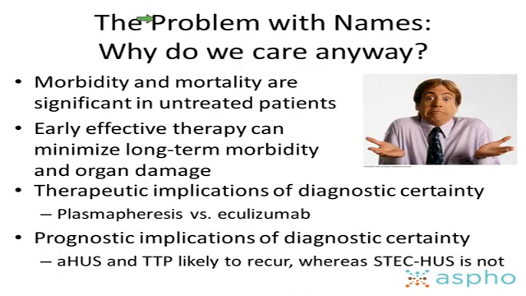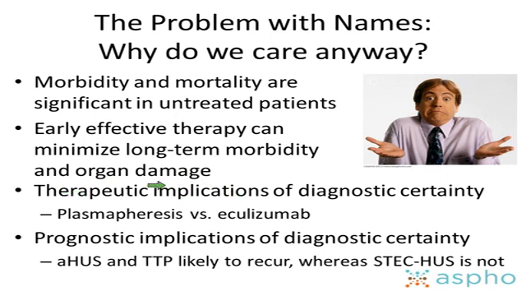So why does it matter? Why is it important to categorize these diseases and have a definitive understanding of what the disease is? Well, it's certainly well known that TTP, but also atypical HUS, have significant morbidity and mortality if patients are not correctly treated. And we also know that intervening early with specific therapy can help mitigate against long-term morbidity and organ damage. And now that we have some additional therapeutic tools